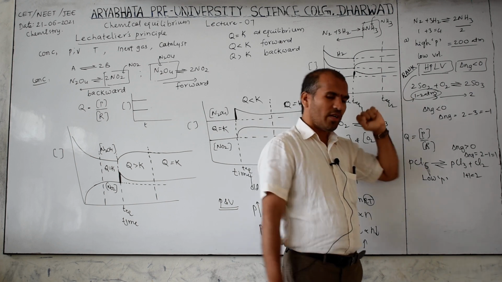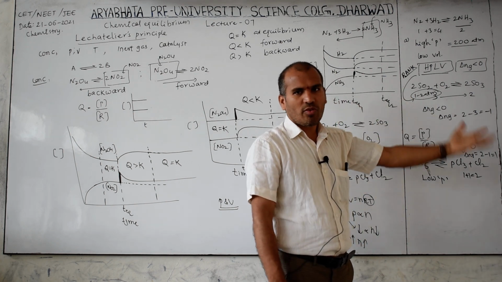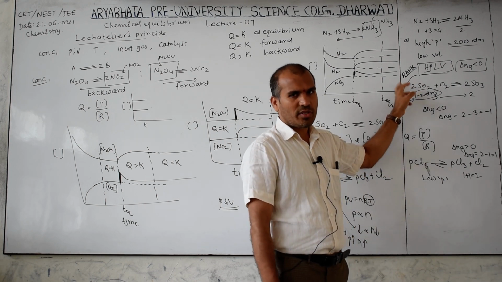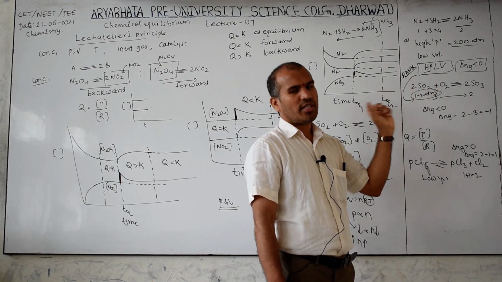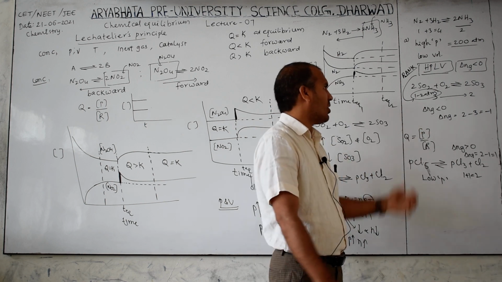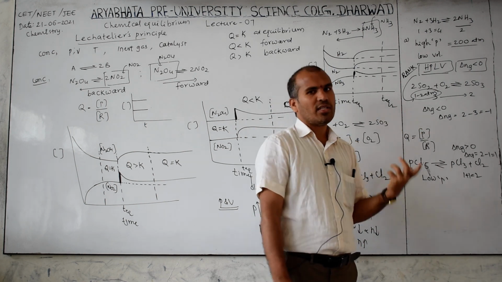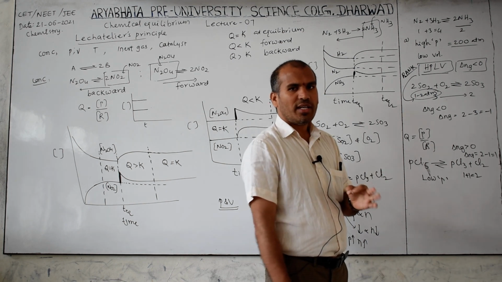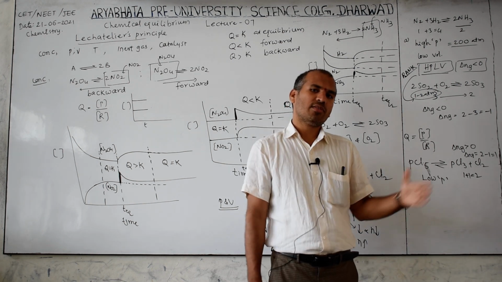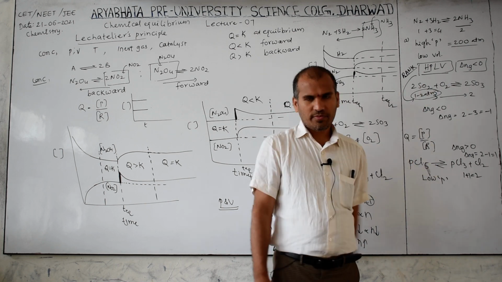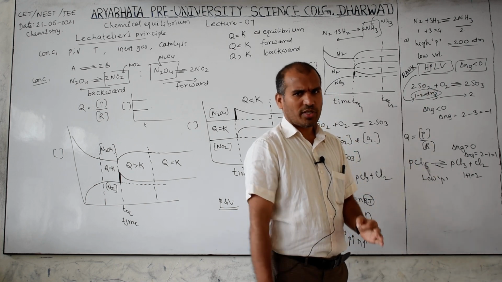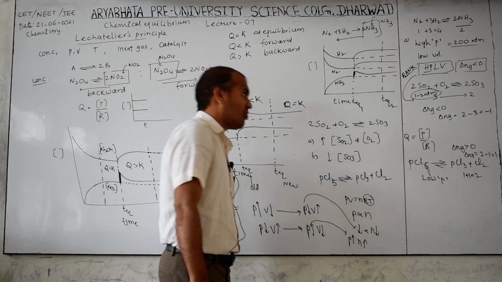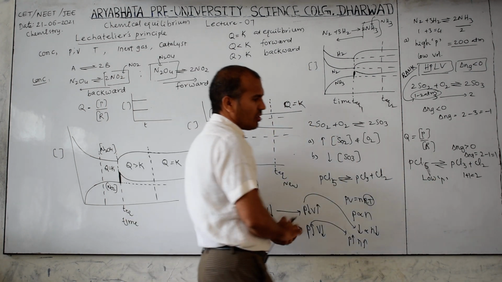This is important, because according to the equation, what would you answer? High pressure. But for this reaction low pressure is used, only in the range of 1 to 2 atmosphere. Otherwise they may give 2 atmosphere directly, then you have to answer 2 atmosphere, not 200 atmosphere, because they may ask the reason. They may frame the question like this: for this reaction 2 atmosphere pressure is used, what is the reason? The plant may be corroded, therefore 2 atmosphere pressure is used.